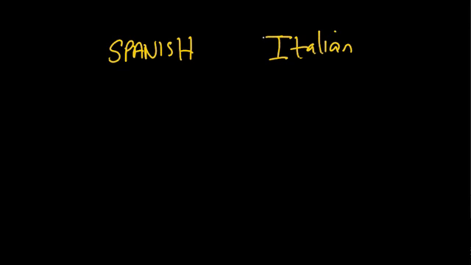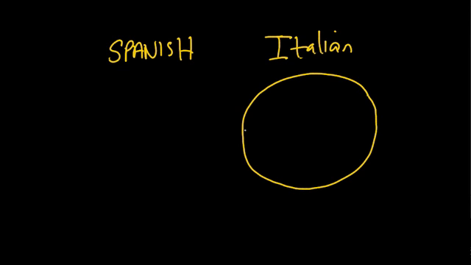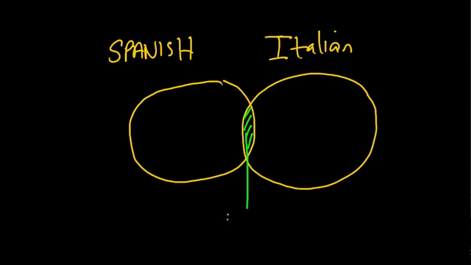Okay, so let's say we're told that at a certain school you can take Spanish or Italian. And we're also given a Venn diagram to understand which students have selected which classes. So let's say here we have one circle, right? That'll represent all the kids in Italian. And then this circle over here represents all kids in Spanish. And the crossover section here in the middle will represent the kids that are in both subjects, both Spanish and